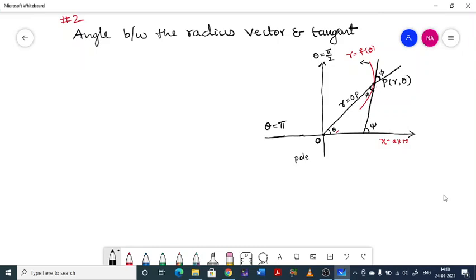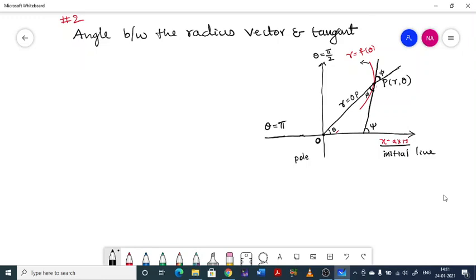Usually, whenever we discuss the Cartesian coordinate system, we start with the x-axis and y-axis, right? Here in the polar coordinate system, the x-axis is called the initial line. Sometimes we refer to it as the x-axis only, but equivalently it should be written as the initial line or polar axis. This other line we can't call the y-axis in the polar coordinate system. We call it the theta line corresponding to theta equal to pi by 2.